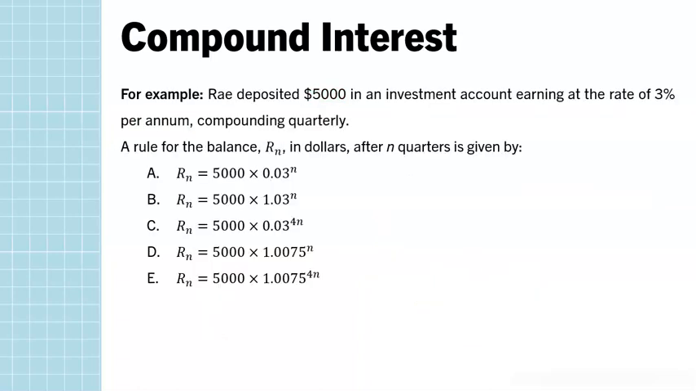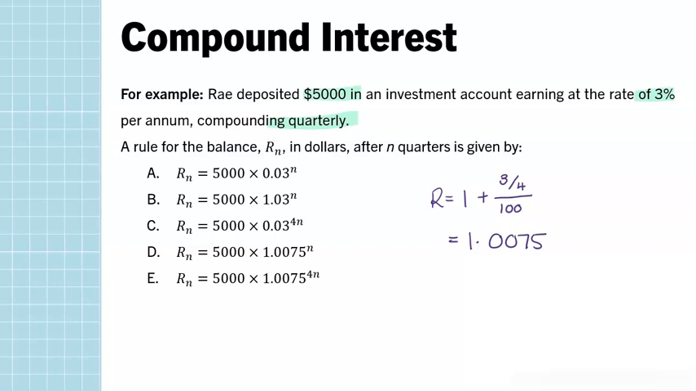Now next example, we have Ray has deposited $5,000 in an investment account, earning at the rate of 3% per annum, compounding quarterly. The rule for the balance Rn in dollars after n quarters is given by. So firstly, we want to work out what is our value of R. We are increasing, growing our investment, so 1 plus our rate of 3. It's compounding quarterly, so divided by 4, and all of that over 100. So that gives us an R value of